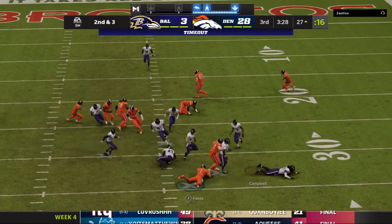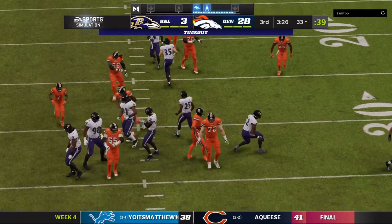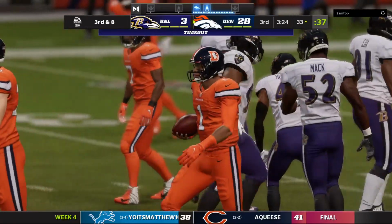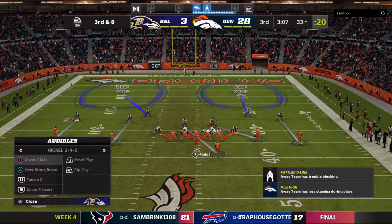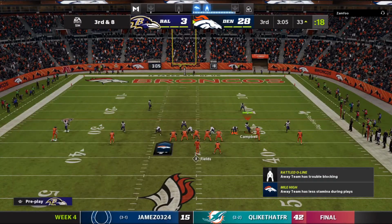Oh, a strip. The ball comes out. But fortunately, he's able to recover his own fumble, or that could have been trouble. We talk a lot about setting the tone to start the game. Well, you want to start the tone right in the 3rd quarter as well, and nearly lost a football there